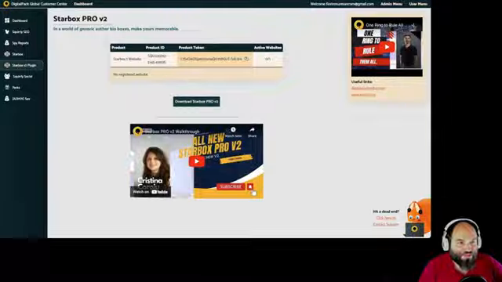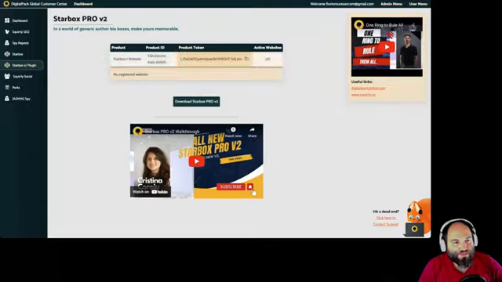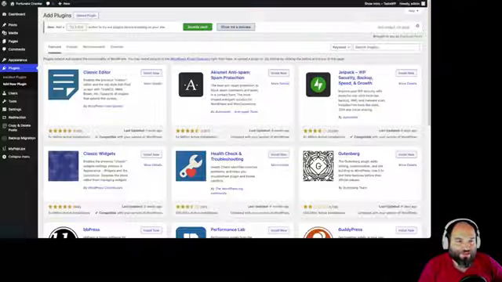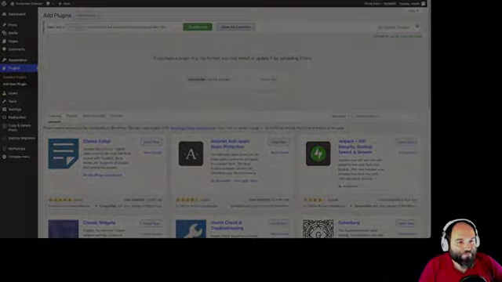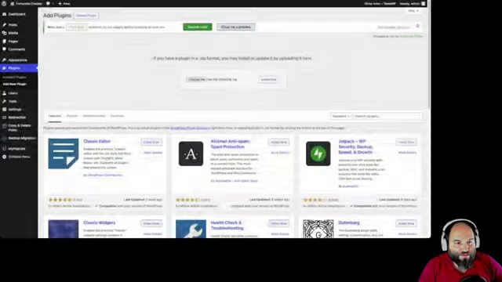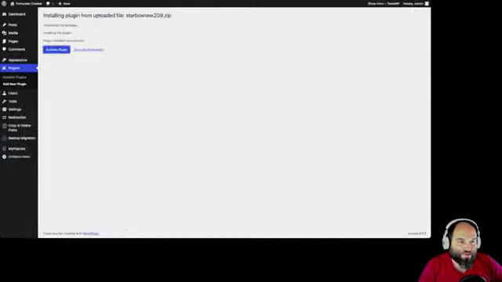So once you reach the customer app, you go to Starbox PRO V2. And that's where you get your product token, and that's where you also get the download link. So let's get the product token, let's do the download and upload it. So upload plugin. We're gonna go to downloads, right, gonna install, activate,